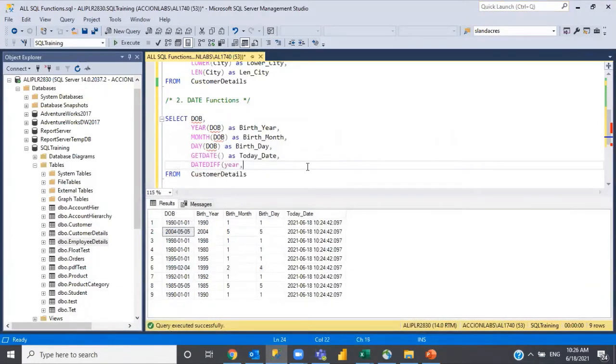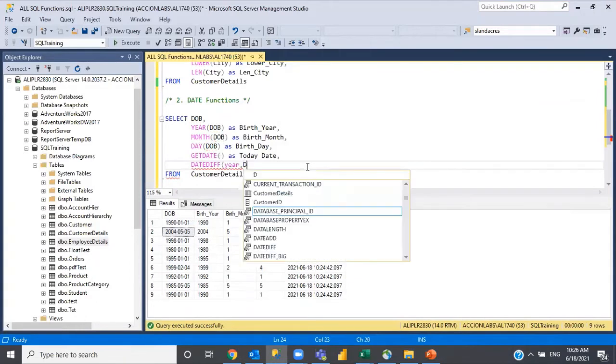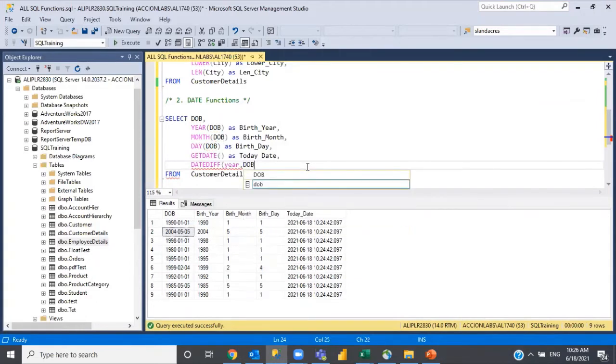I'm writing year, then date of birth as the second parameter, and I want to get the current date. I want to calculate the difference in years between the date of birth and the current date. For the current date, I am using GETDATE. So I am calculating the year difference.